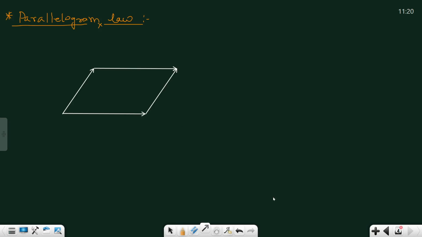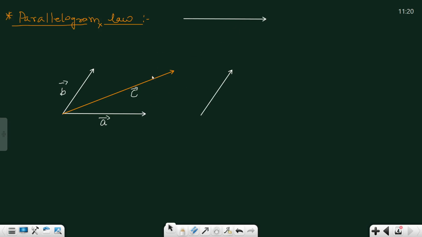So actually this parallelogram law is made up of two triangles. This one is resultant C. This is C. This vector is A. This is A vector. This is B vector. This is C vector. So actually C is the resultant of, if you remove these two vectors, the same vector B. So this is triangle law. So in parallelogram law, you will apply the same method, that is of triangle law, but